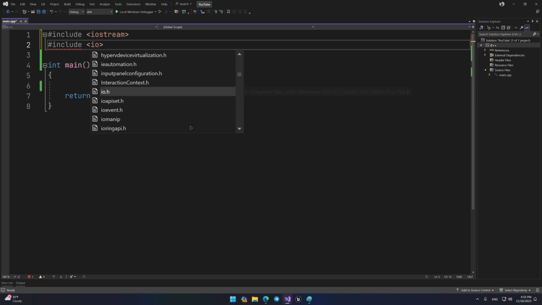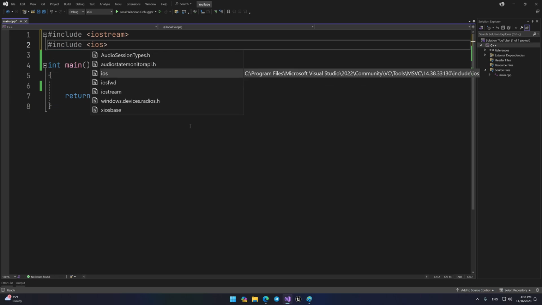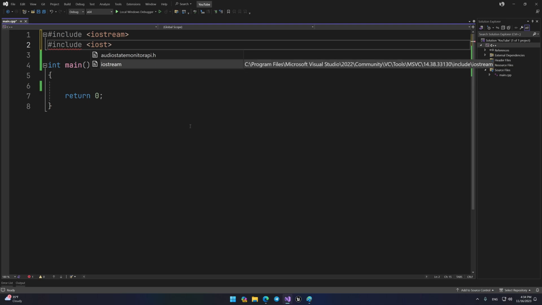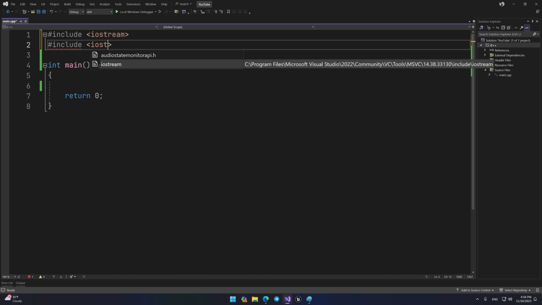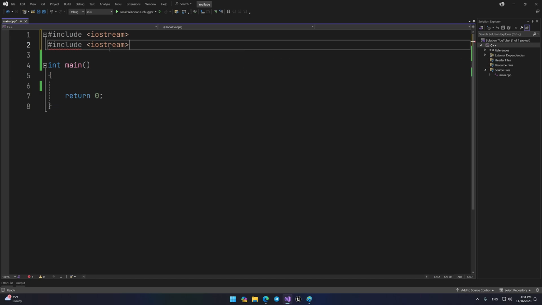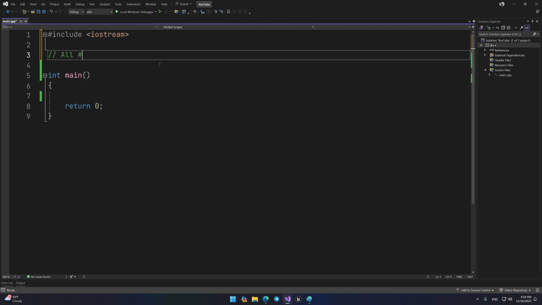And the more letters you write about the entity, the more accurately it produces the result. As soon as you see what you need in the list of possible items, you can press the Tab key, and Visual Studio itself will complete the spelling for you. Using this technology, the speed of writing code increases. I use it all the time and we'll talk about it more than once during the course.